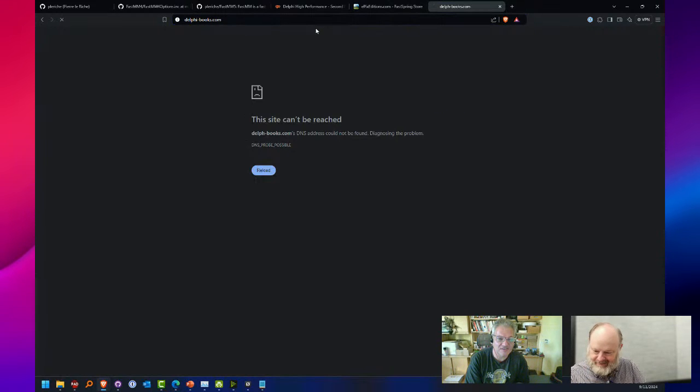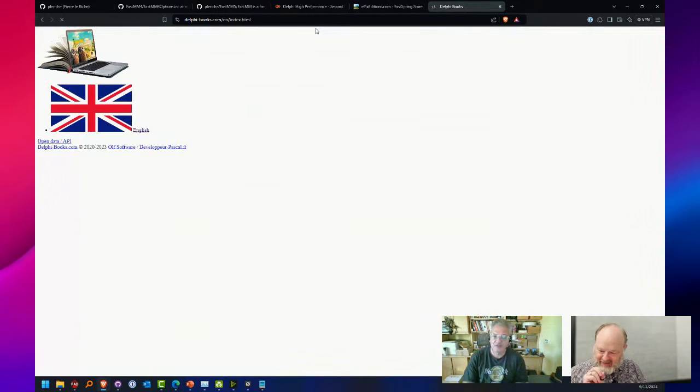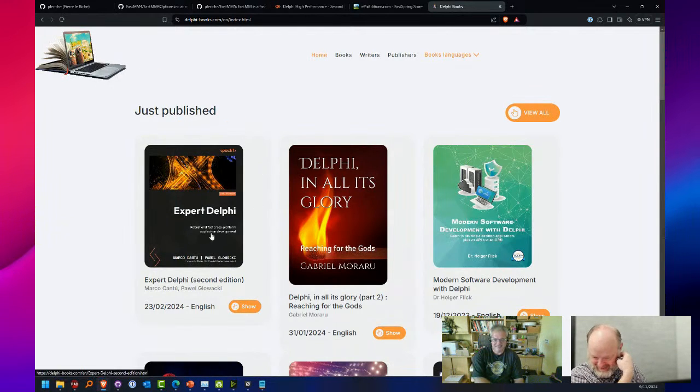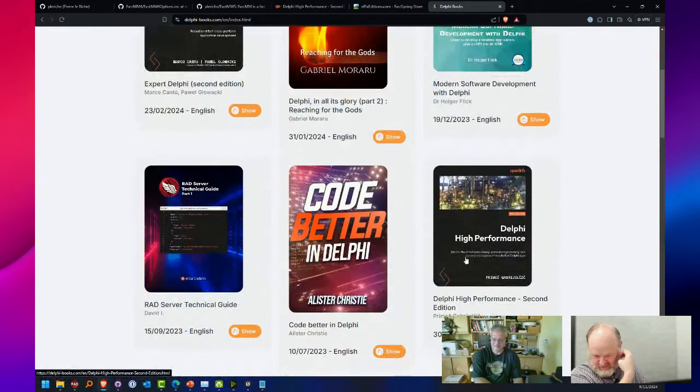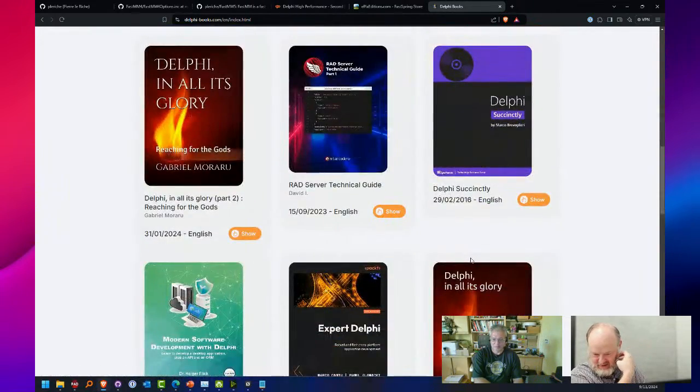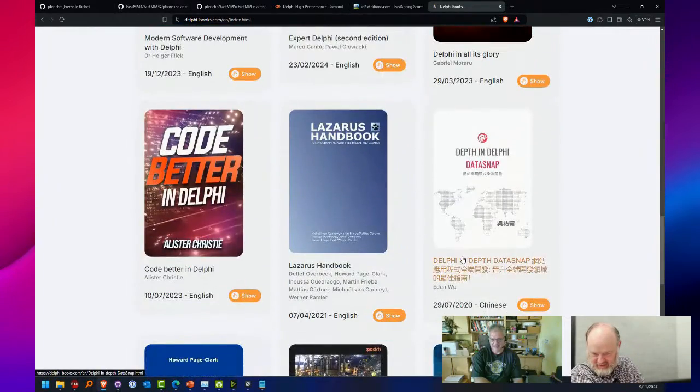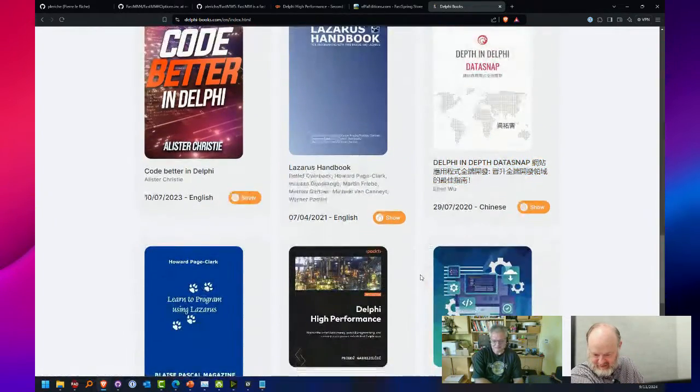This external monitor I have is just a little small. So there, Expert Delphi, which is the second edition with Marco. There's your High Performance Delphi. Yeah, good source there. Yes, thank you for reminding me. There's lots of them.